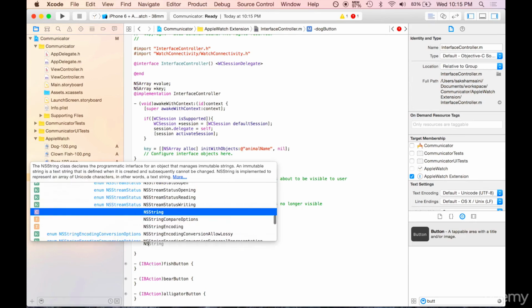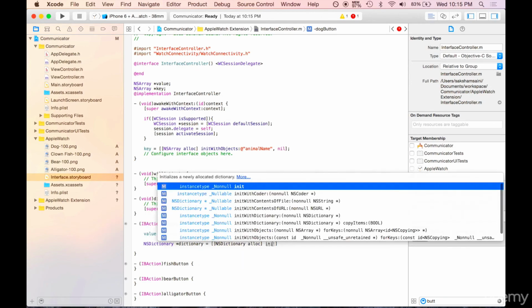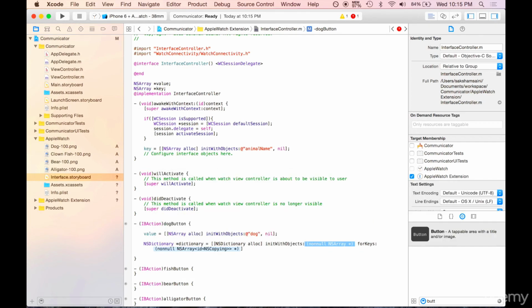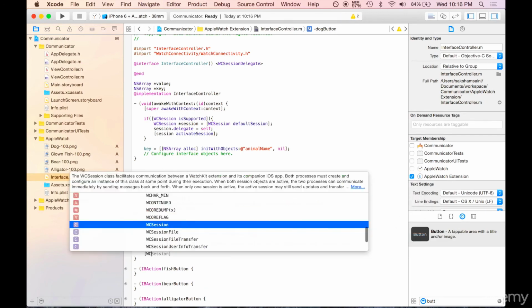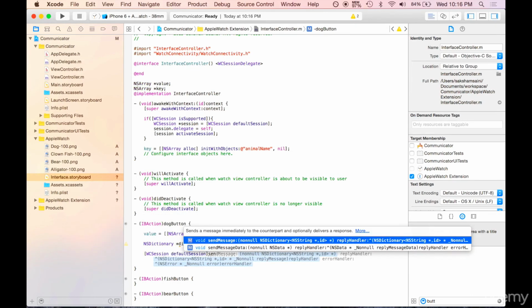Now we will make an NSDictionary called dictionary, and we will initialize it with the object array called value and the key array called key. Now we will use a WCSession method called sendMessage to send over data from the Apple Watch app